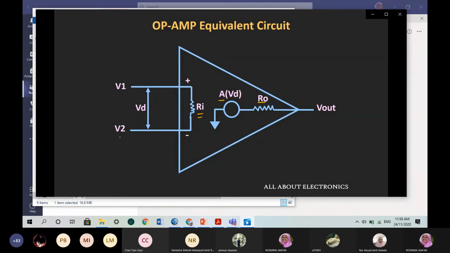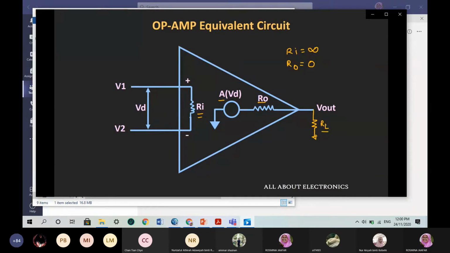Now before we see the different characteristics of the op-amp, let us see the characteristics of the ideal op-amp. The ideal op-amp should have an input impedance Ri equal to infinity, so that whatever input is applied between the input terminals will directly get applied to the op-amp. Similarly, the output impedance of this op-amp should be equal to 0. That means whenever we apply the output load to this op-amp, the output voltage should directly come across